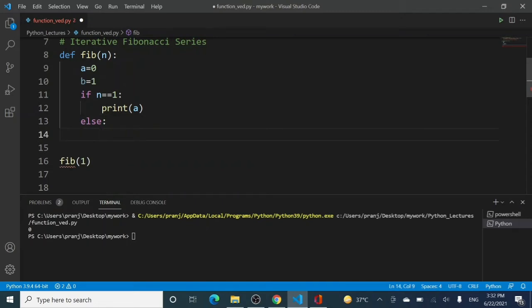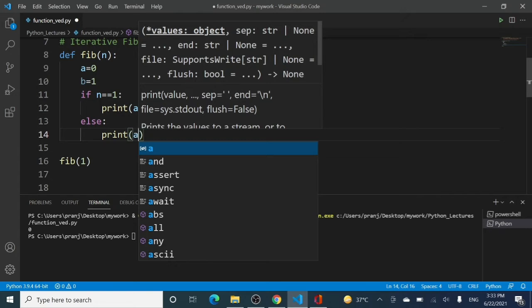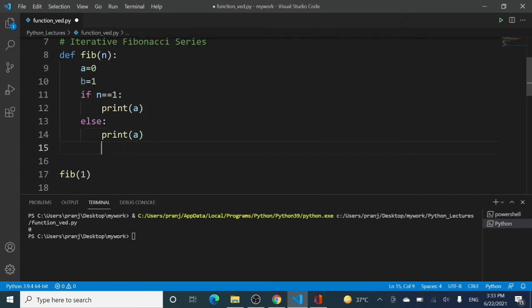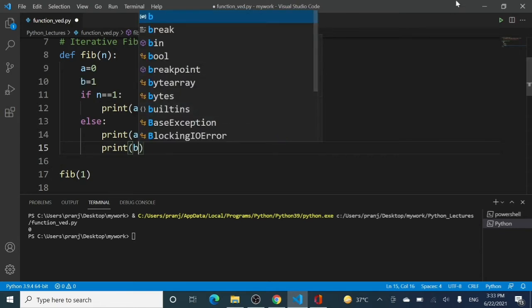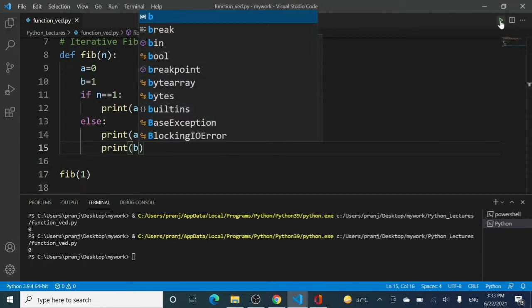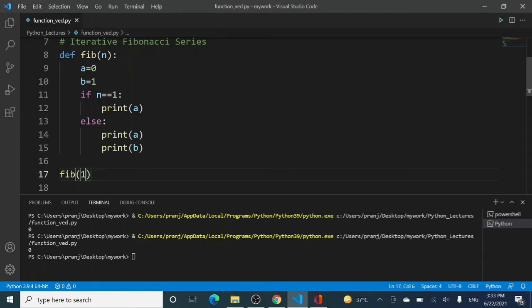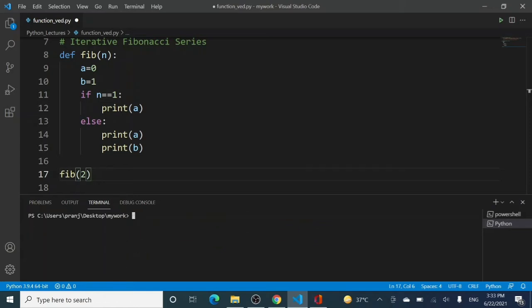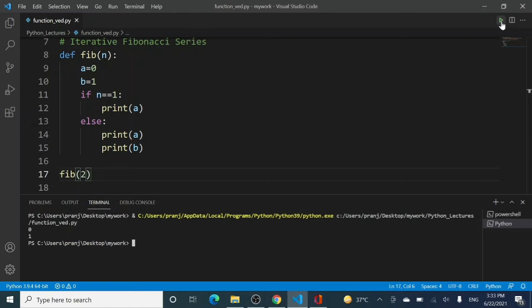You have to print the first two digits. Of course, you want to print the first two digits. So print A and print B. Very fine. Let me just run this for something which is not equal to 1, let's say 2, because till now I have given only A and B, so this is the two terms. So let me just run the code again, and you can see 0 and 1 is printed